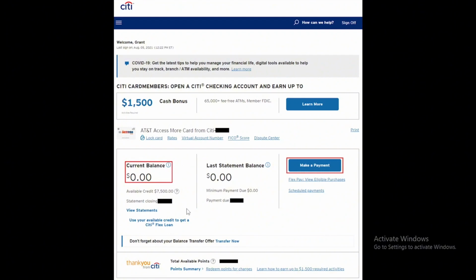Anyways, once you are logged into your account, you will find an interface something like this, where it will state your current balance and your last statement balance. Now to check for your statements online, at the bottom of your current balance, you will see the option of View Statement. You just have to go ahead and tap on View Statement and it will be listed according to